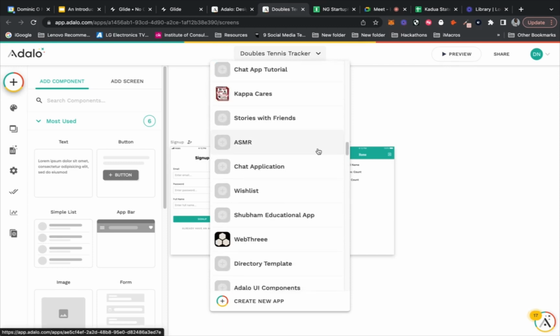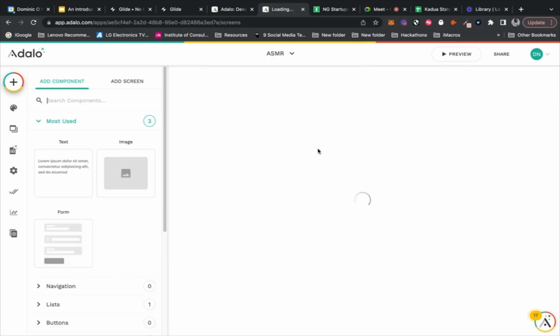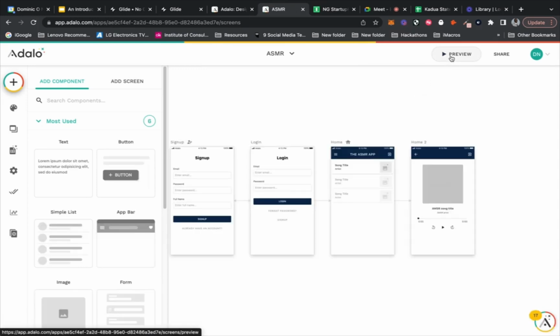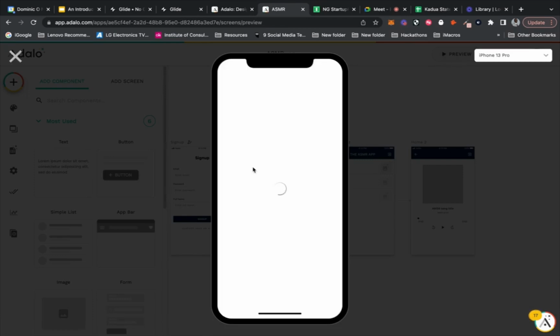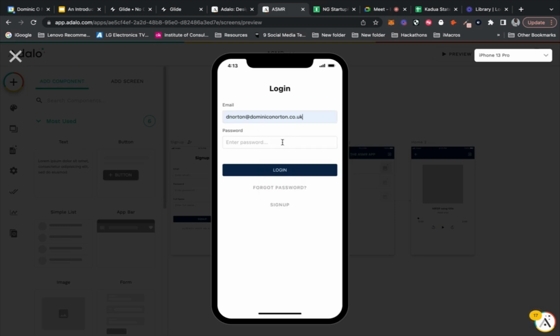I think it's this. So this was a test on creating an audio app like Spotify for a content tutorial. And so if we actually preview this, and again, this was just for a tutorial.